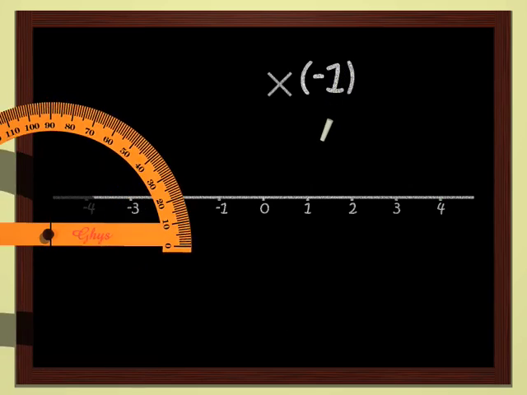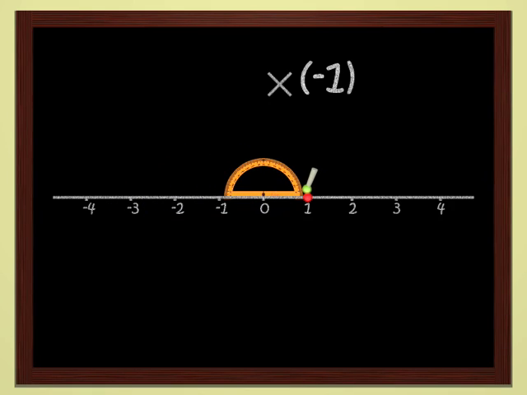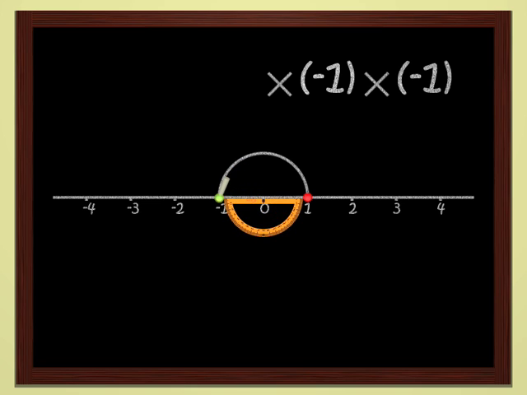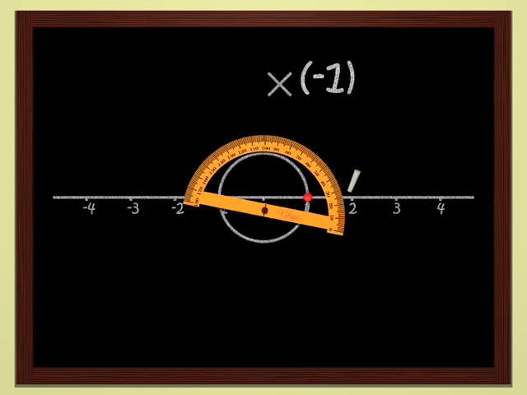Multiplying by -1 is very easy. Each point is sent to the symmetrical point with respect to the origin. In other words, we do a half turn, a rotation by 180 degrees if you like. If we multiply by -1, we make half a turn, so that if we do it one more time, well, we come back to the initial point. This is why -1 times -1 is equal to +1.